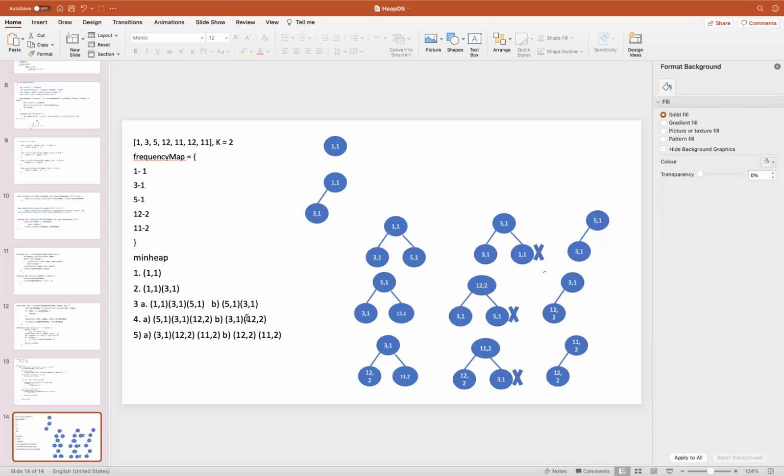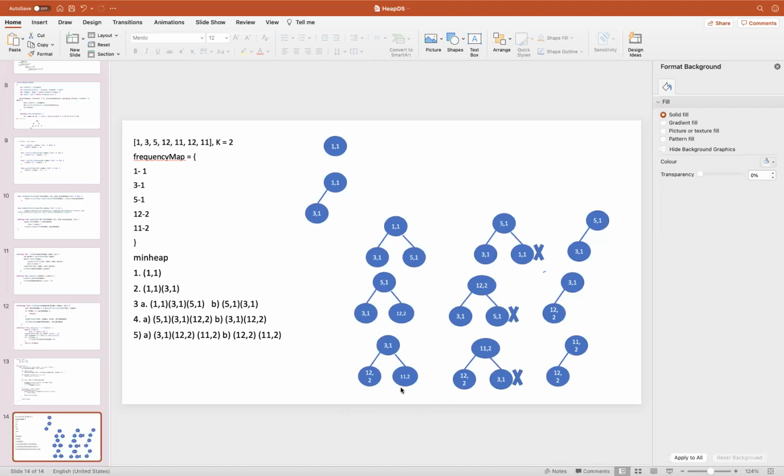We had covered up to this position. Now 11 2 will come, and it will be added here. Since the whole size of my min heap is bigger than k, I have to delete one element.